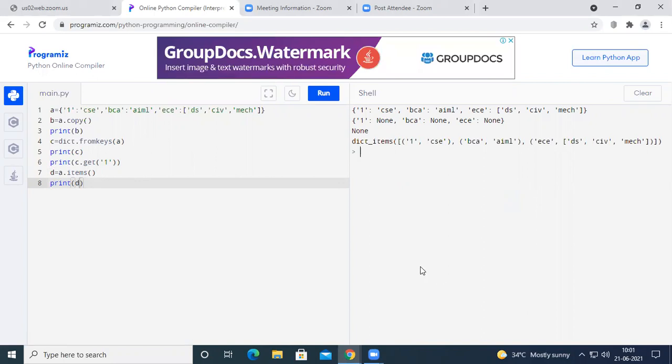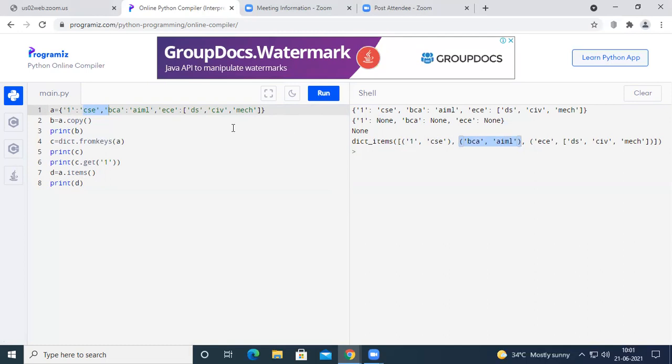It is going to print the key and value inside the braces, where the key and value are separated by a comma. See here, 1 is the key, CSE is the value, represented as a pair. Then BCA is the key and AIML is the value, represented as a key value pair.